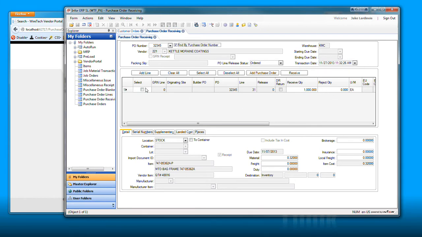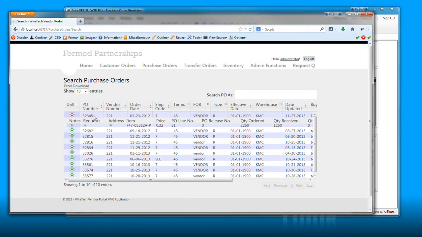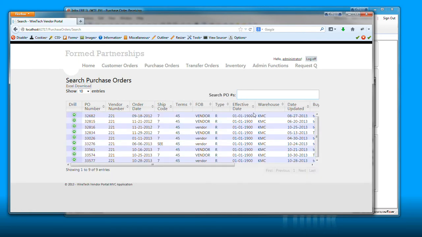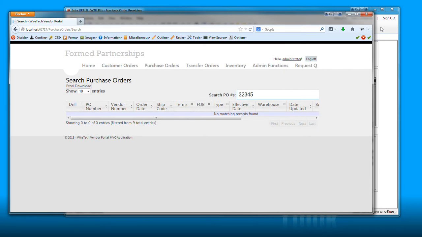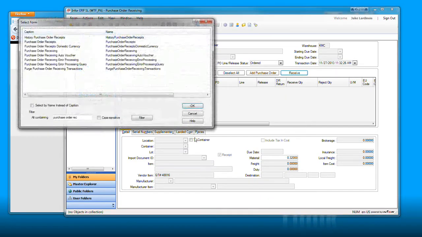Here's my 1,000 quantity, and then I will receive them. And now when I refresh, this PO should have dropped off. And it's gone. Searching for that PO will bring me no results. So we've done the receipt, and if we were to look at that purchase order,